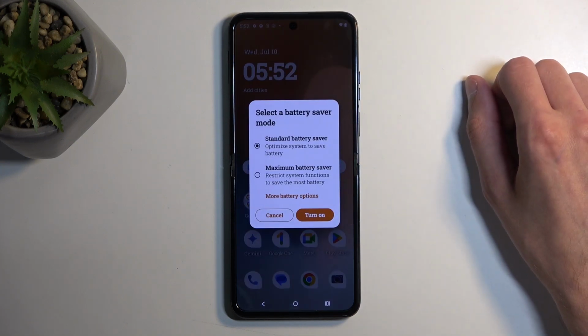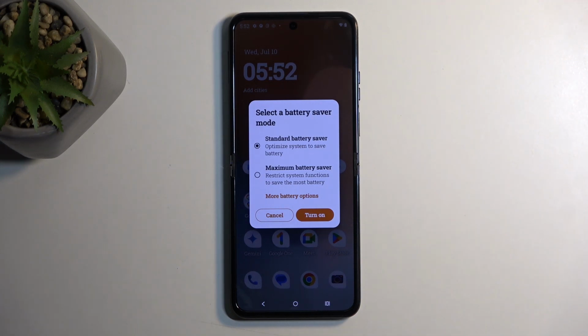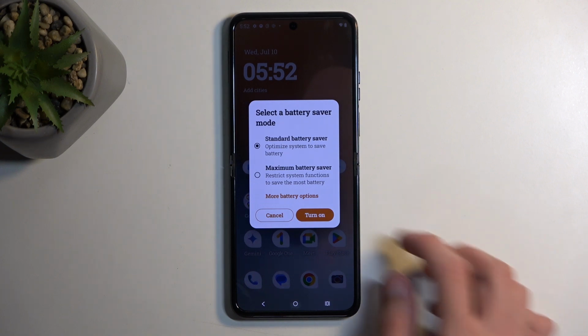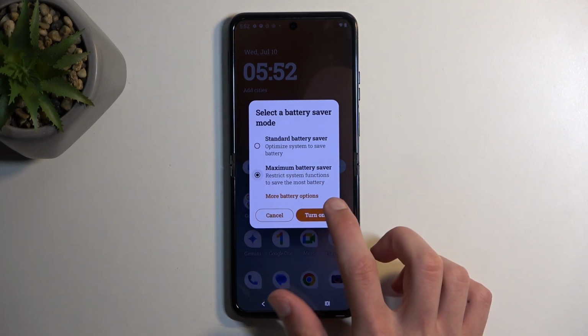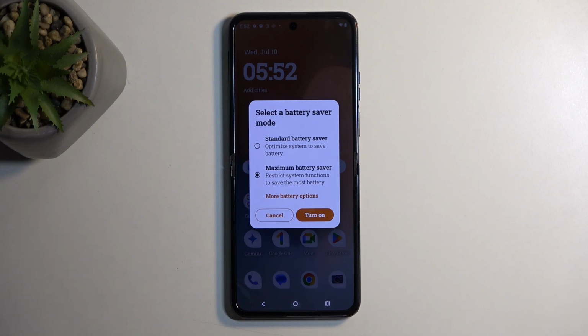It does give you this pop-up, so select battery saver mode. We have standard battery saver or maximum battery saver. Now for the majority of you, probably will be interested in the standard battery saver, as the maximum one does restrict the usability of the device by a bit. So I'll enable it just so you can see how that looks like, but by default you want to stick with the standard one. This is the one that turns down the things like the brightness, dark mode and all that stuff,